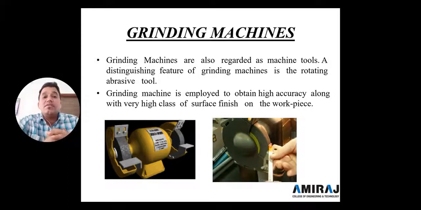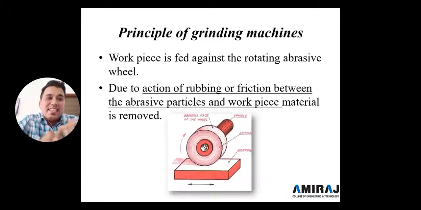As shown on the construction site, for cutting steel rods of 6 mm, 8 mm, or 12 mm diameter, one wheel is used, that is a grinding wheel. The grinding wheel is also used in the manufacturing process after welding. After welding, whatever slag is on the upper side, we want to remove that slag, and we use a grinding machine. Let's see the principle of the grinding machine.